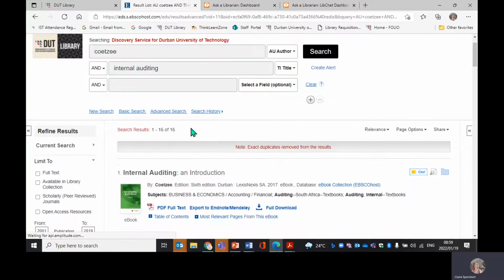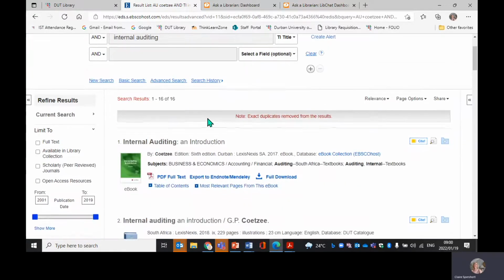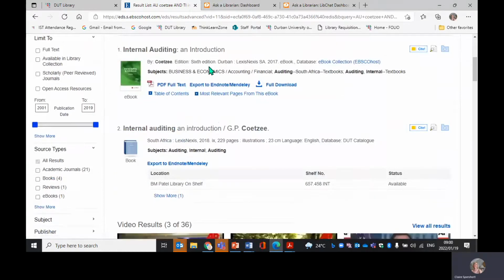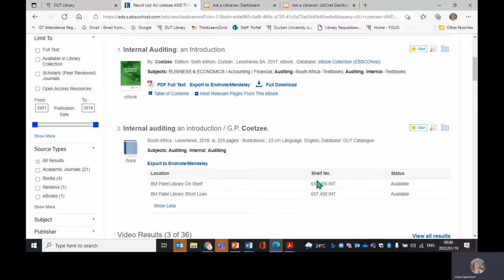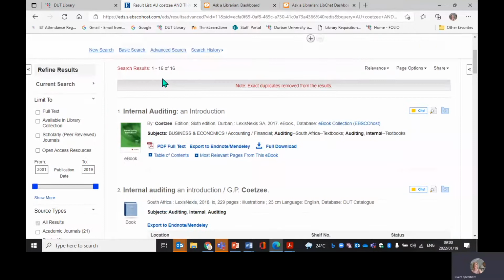Okay, you'll see it's only found a few results this time because I've been quite specific. And then you'll notice in these first two results, here is the ebook, Internal Auditing and Introduction, which is the one I'm looking for, and here is the print book. So for the print book, I can see where it is on the shelf in B.M. Patel Library. And then if I want to access the ebook this time, I click where it says